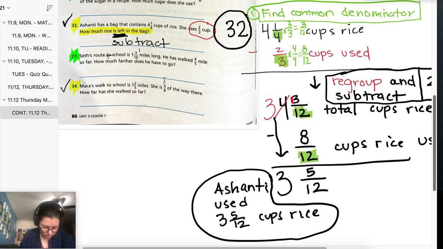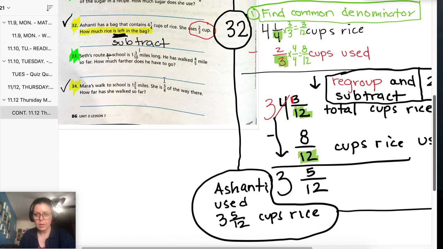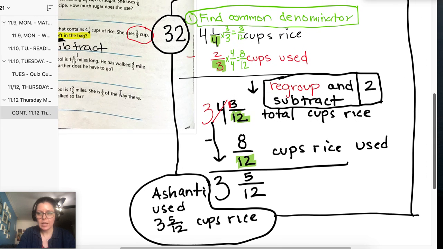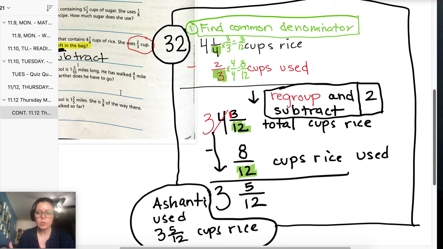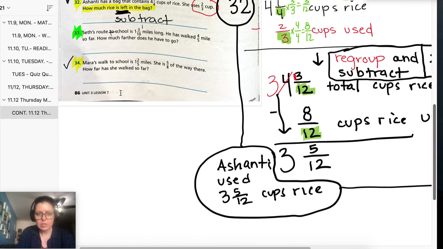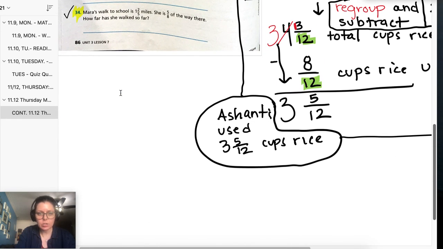Alrighty. Now we're going to go ahead. Just going to put a box around my work for 32 so you can see. I put a box around my work for 32 so you could see exactly all of my work. It is labeled. Now, the last question is 34. 34 says,